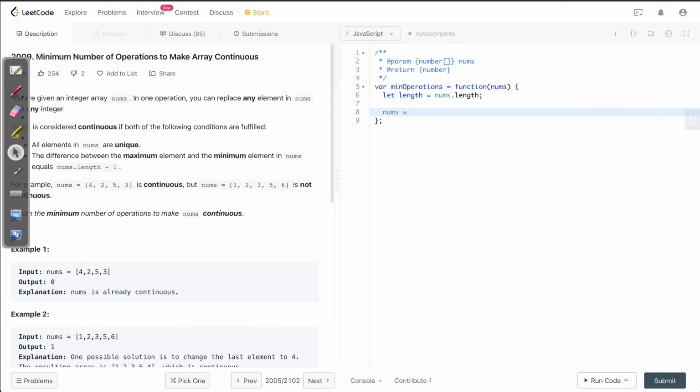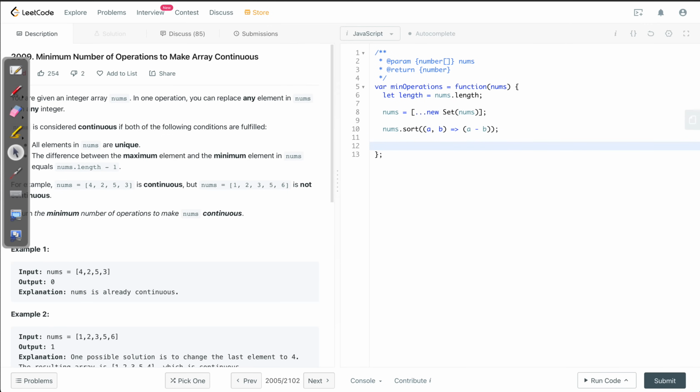So that is going to be new Set, and inside of it I'll take nums. That should give us a unique list of elements, and then we sort them. For sorting, I'll take the sort function, and then we'll go into our sliding window approach.